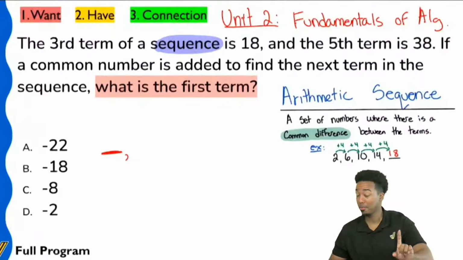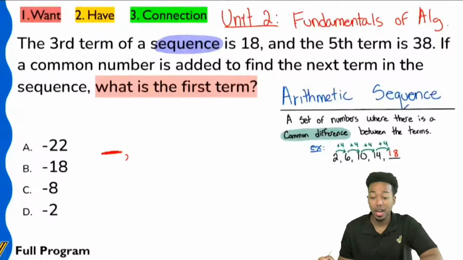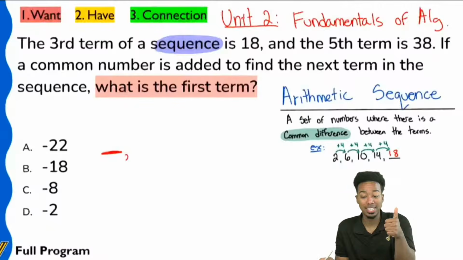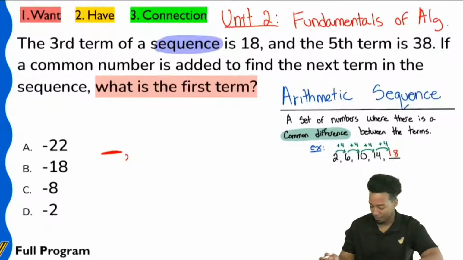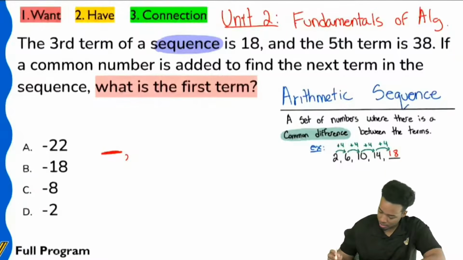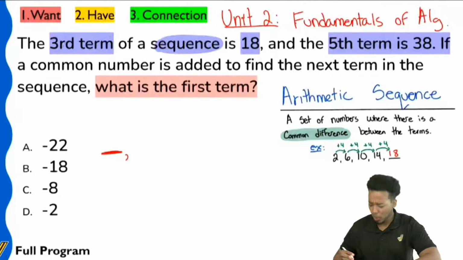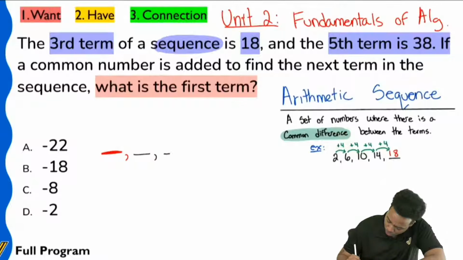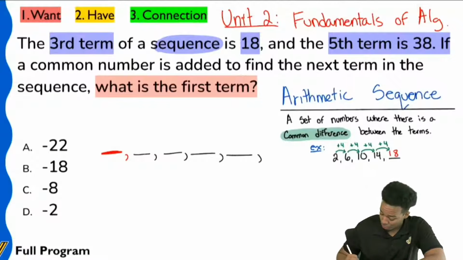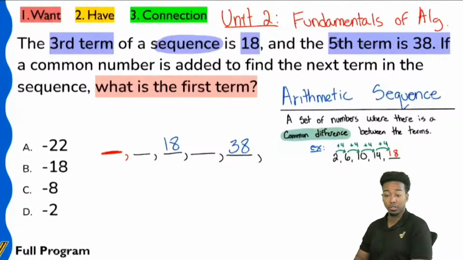We'll see how we get there. Yeah, we see that the third number in the sequence is 18 and the fifth number is 38. Let me highlight that for you. So right here, we're told the third term is 18. The fifth term is 38. There it is in blue right up there. So let's go ahead and show ourselves: number 2, number 3, number 4, number 5. I am told that the third one is 18. The fifth one is 38. Everyone, did I write that down correctly? Yes or no?